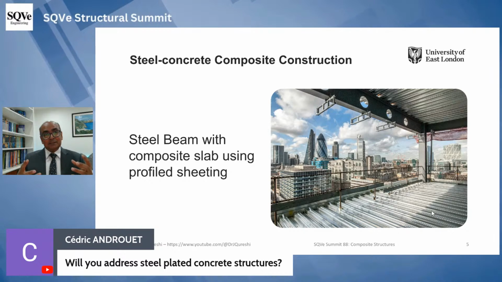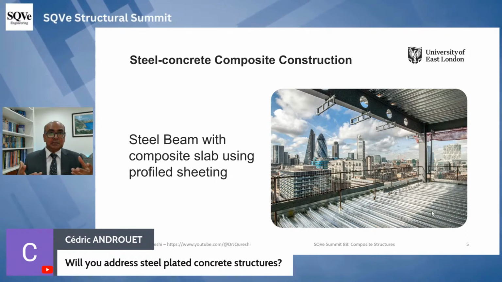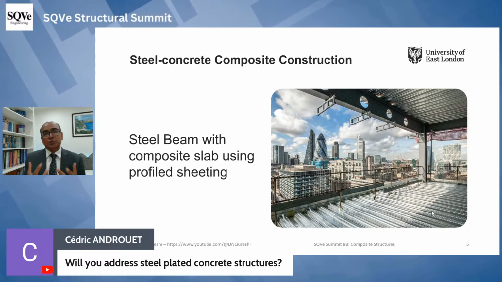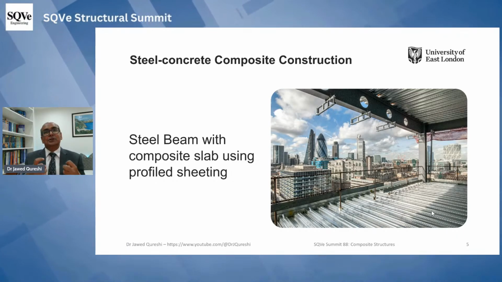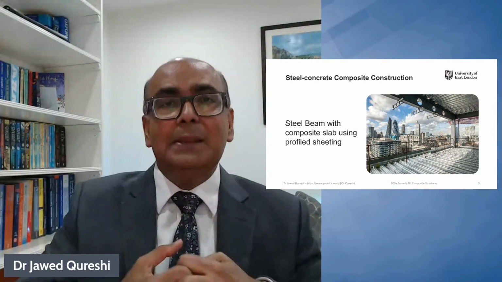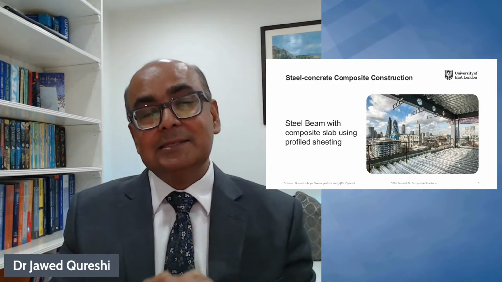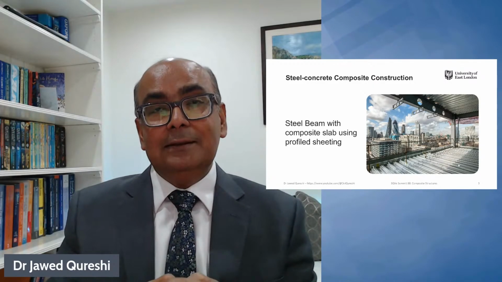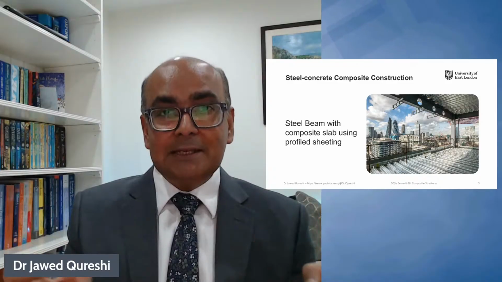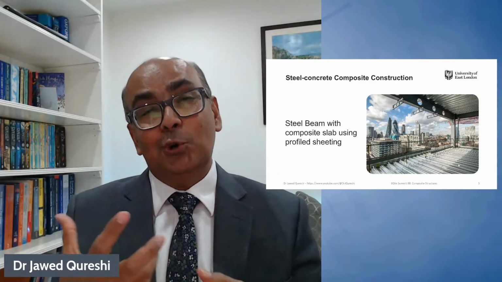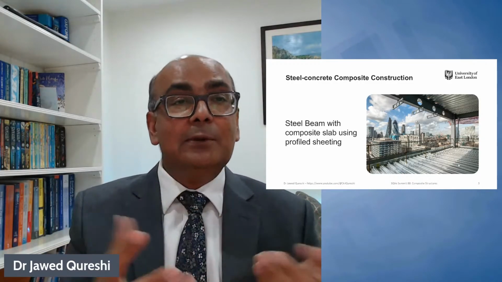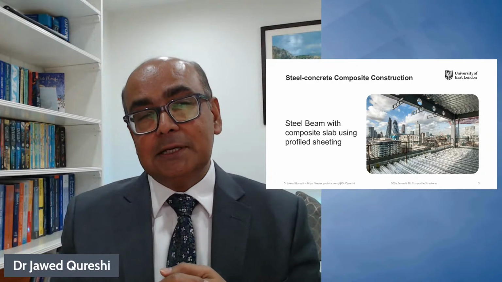So all materials have some limitations, some shortcomings, some demerits. Now, what do we do in that case? We combine them to make those two materials strong so that they complement each other. And that's why we combine steel and concrete so that the limitation of both materials can be overcome. And that's why we use it in steel concrete composite structures.